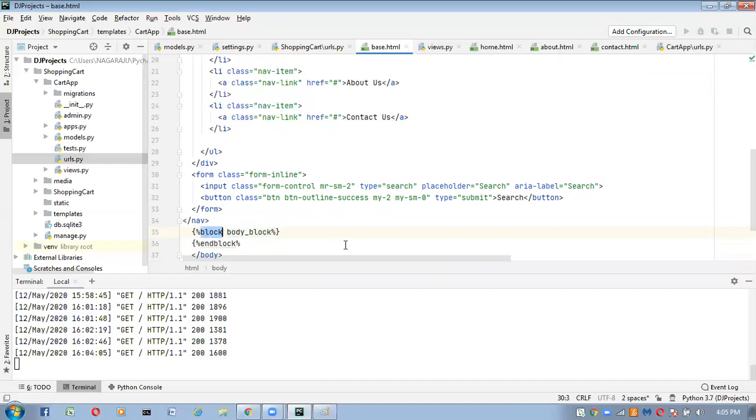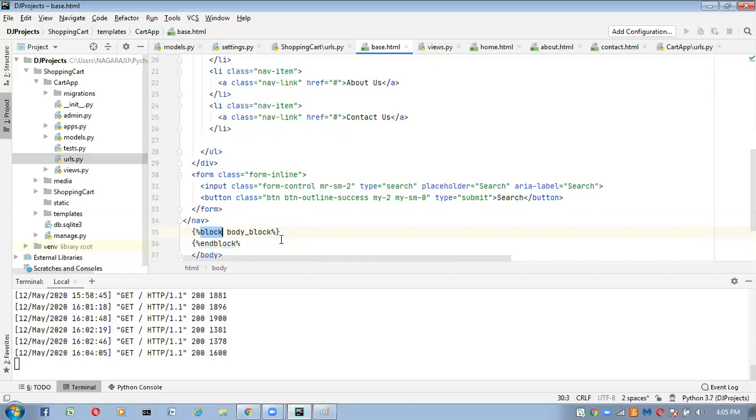Save this one. Inside this block I am not writing any code. Then what is the need of this block? Who will fill this block? This block will be filled by child HTML files.